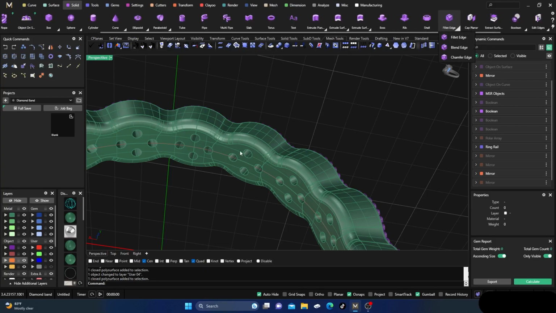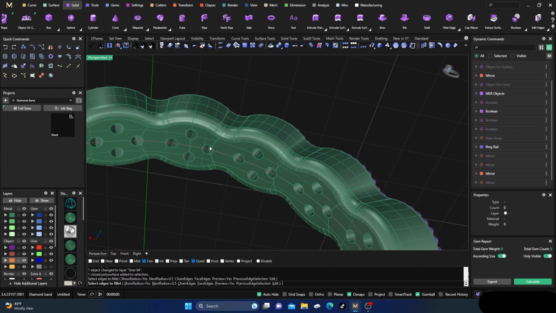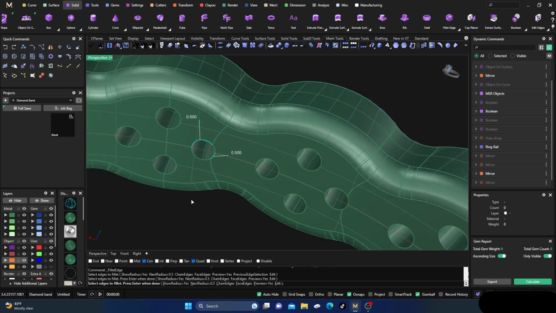Maybe you don't like those holes being all straight. You could sit there and fillet. Let's back out. Let's go to chain edges, so it just gives us everything, right? Well, if we do it all, right click. If you do chain edges, you have to do it. That one is in a bad spot, but